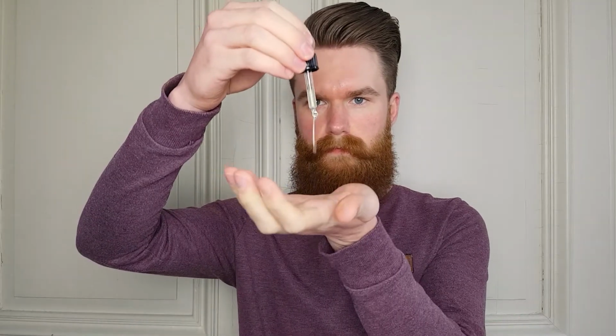Not because this is a bad product, because it is far from that, it's actually a really good beard oil, but because it only contains 8 milliliters or 0.27 fluid ounces, depending on where you are coming from. And therefore, given my current beard length, I've already used all of it, and this flask is already empty, and I had about 2 weeks of usage